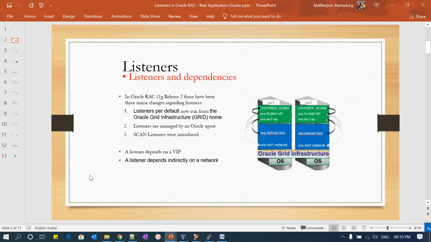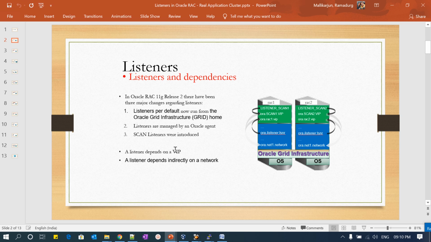By default, listeners will be listening on VIPs. These VIPs internally depend upon net1, or the physical IP of that particular node. So in total, the listeners always depend upon the network. That is what I wanted to say here. The listeners by default depend upon the VIP, and the VIPs indirectly depend upon net1, or the network of that particular node.